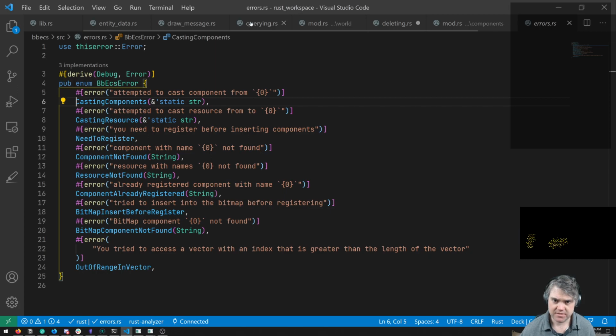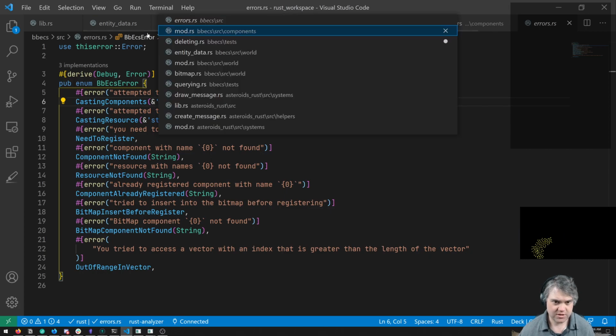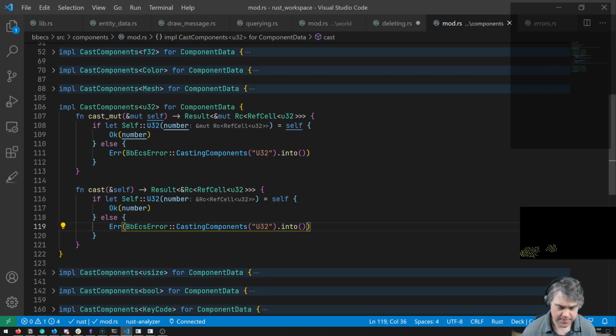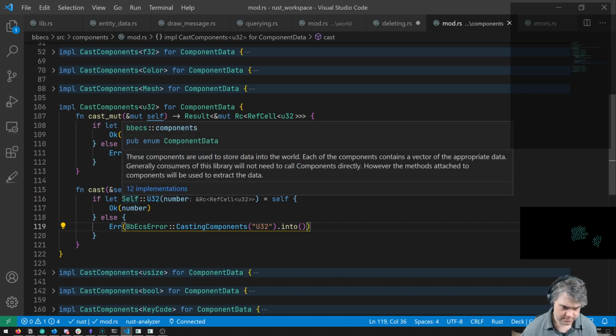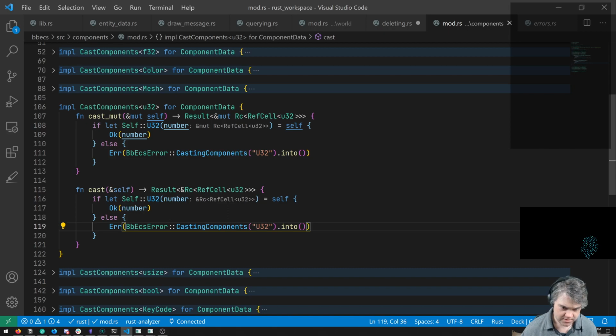Let's see. Where's our... So this becomes an Rc RefCell U32 equals that.